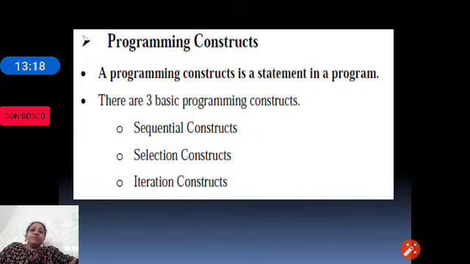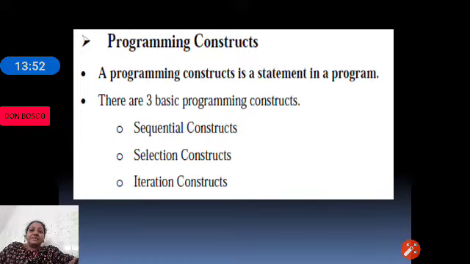Then we move on to the programming constructs. Programming construct is nothing but the different instructions that can be used in a program. As we discussed a topic called coding, coding is a process of writing the actual computer instructions, actual computer instructions that can be typed and executed.